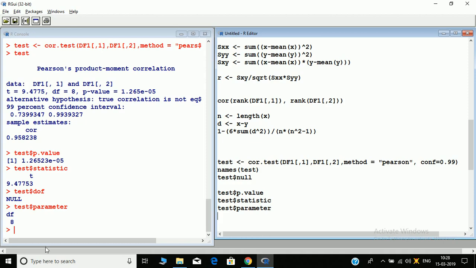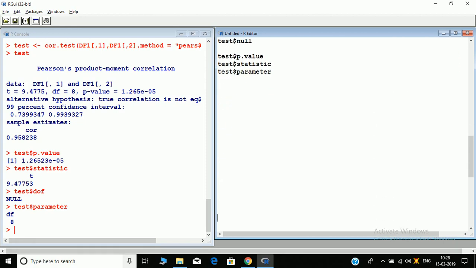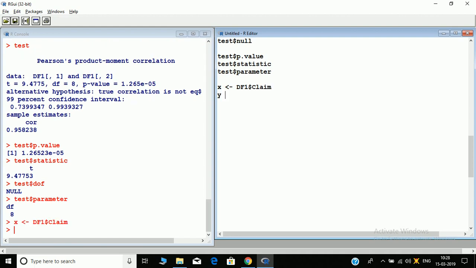Next, let's do this correlation coefficient inference from scratch, the way we used to do in theory. So again, storing X as df1 dollar claim and Y as df1 dollar payment.